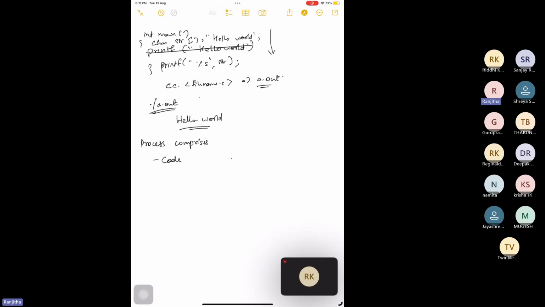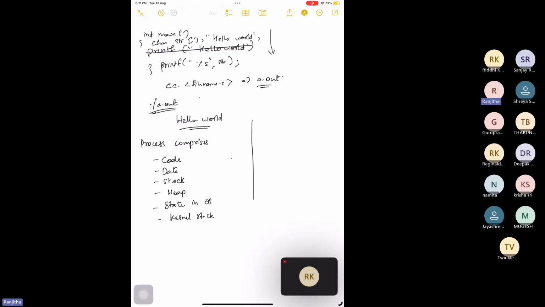It will have a stack. It will have a heap. Then the operating system does a lot of account keeping state in the OS, and it will also have the kernel stack. Okay, so how the process